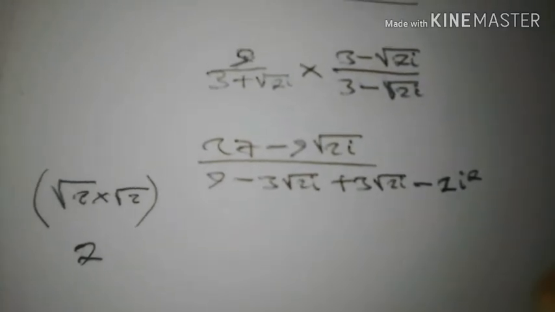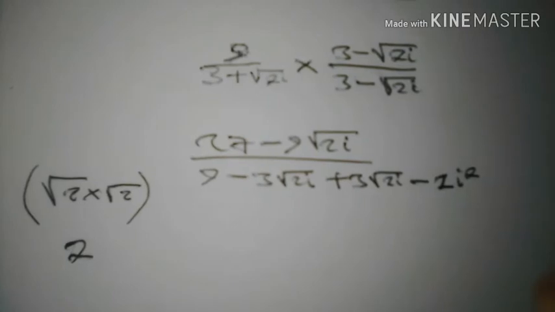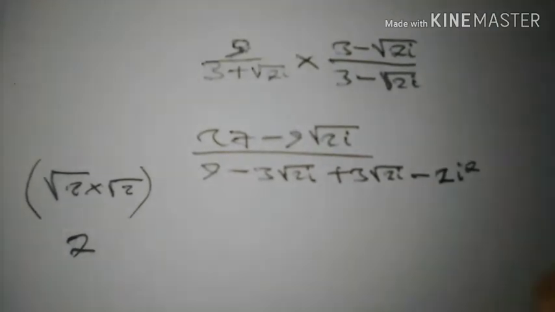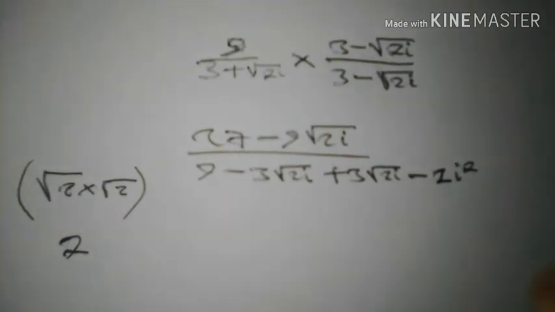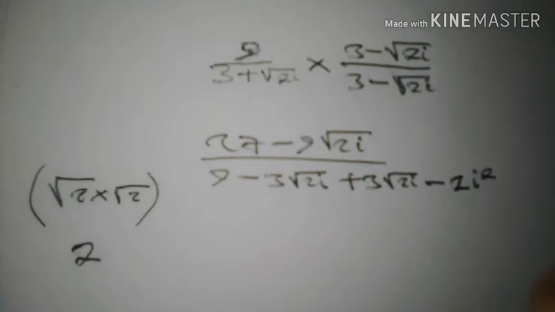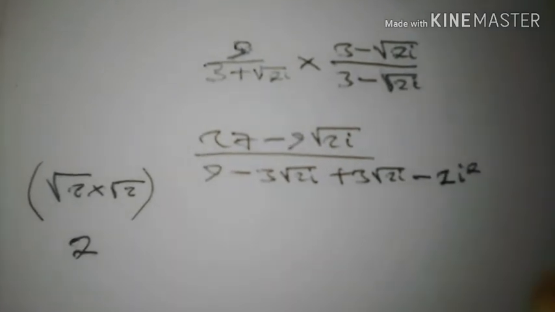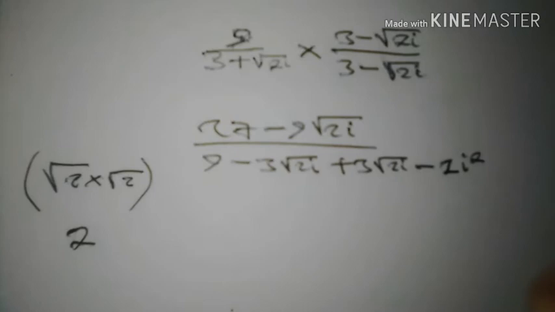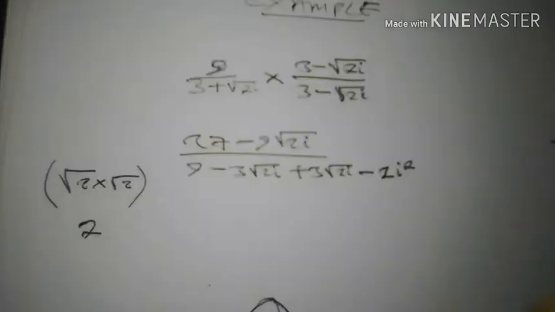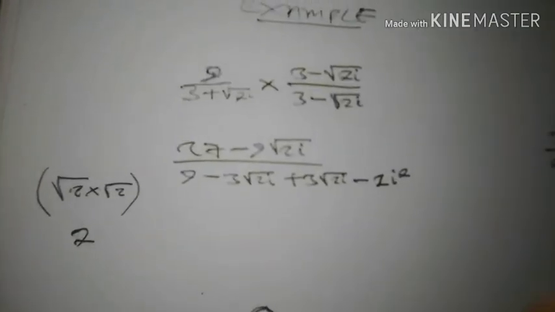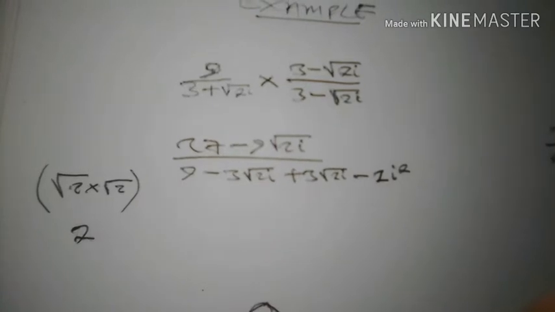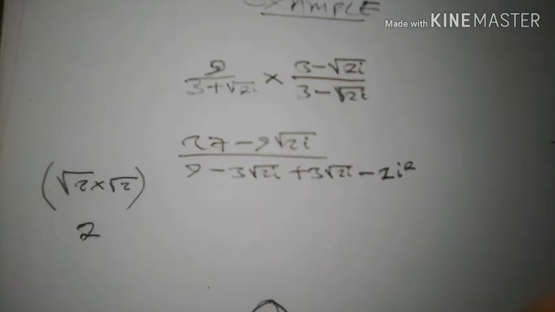Then 3 times 3, we get 9, and 3 times minus root 2i, we get minus 3 root 2i, and plus root 2i times minus root 2i, we get minus